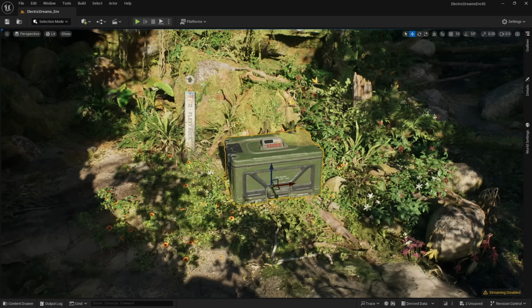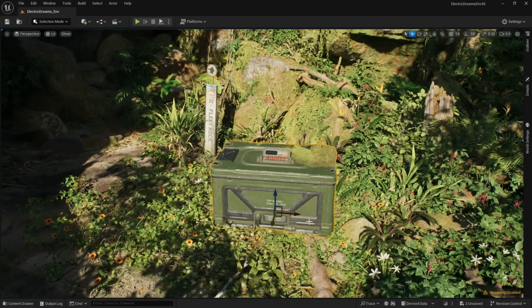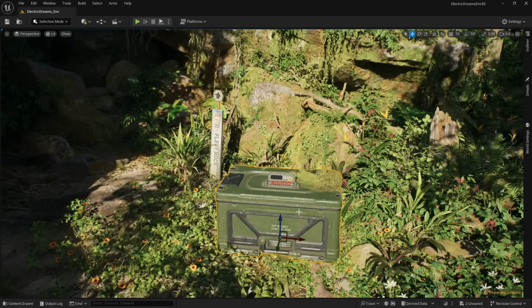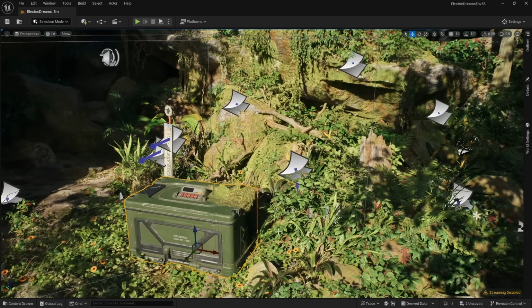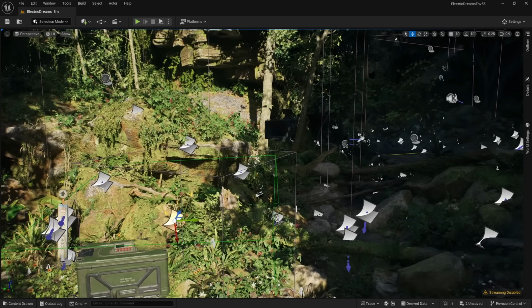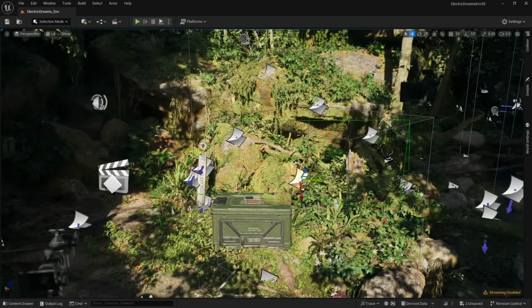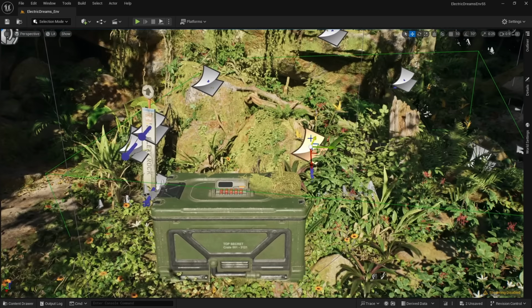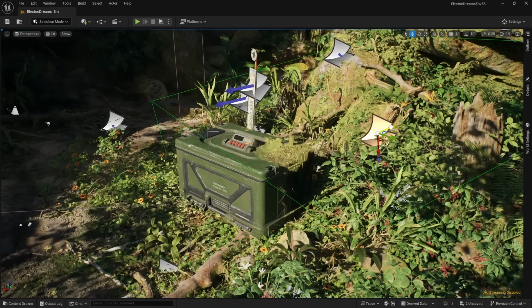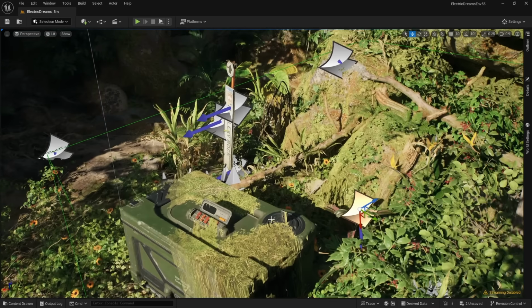And immediately you will notice that there are some weird texture projections going onto my object, and that is because of decals. So these are Unreal's built-in decals that you will often find in the world. If you do not see the decal icon, make sure to press the G key to go out of game view mode. Now that I can see the decals affecting the mesh, I can select my decal, and when I move this around,